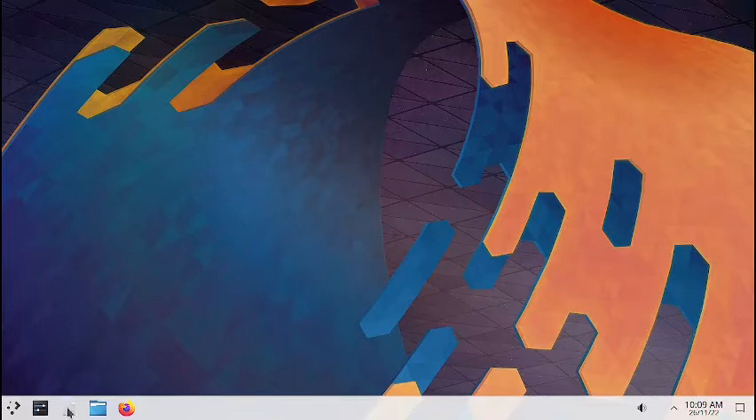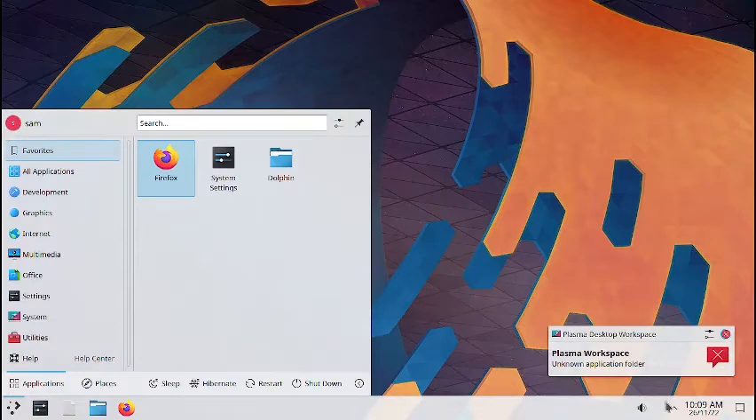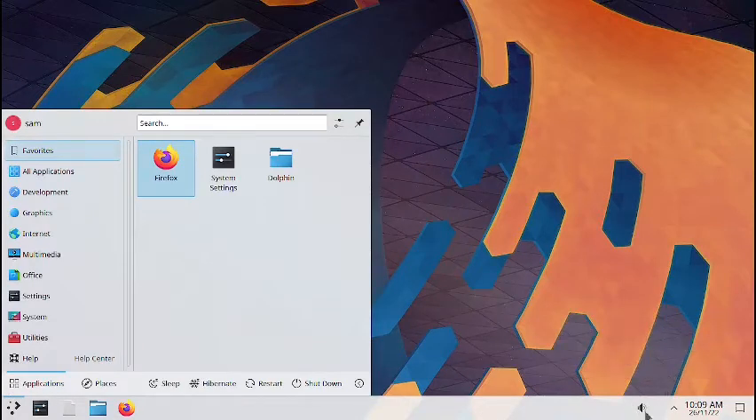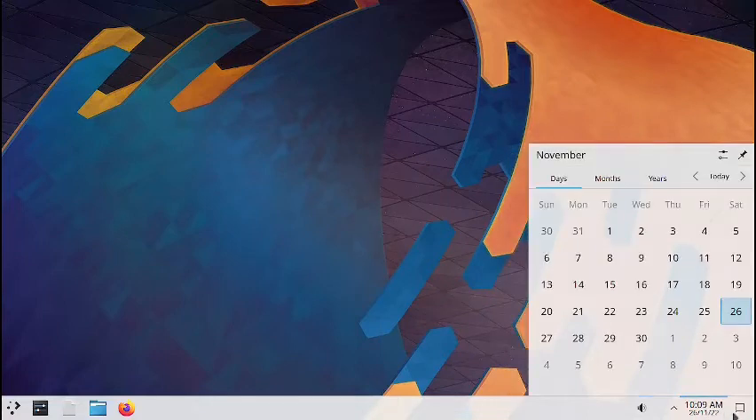There is nothing else. You have this Discover app, the file manager Dolphin, and Mozilla Firefox. System settings is in the panel, and you have this application menu here. On the right side, you have the volume control, the show hidden icons for status and notification, day, date, time, calendar, and the minimize windows, maximize